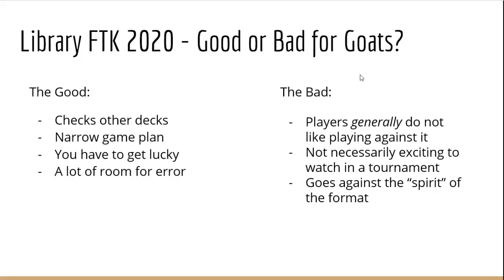So you have to get pretty lucky on some fronts to win a tournament in general. You have to get lucky, but especially with a deck like this. And then there is a lot of room for error. I think that a lot of other combo decks have more room for error, where you might not see the right line, or you may do a different line than a more advanced player would,